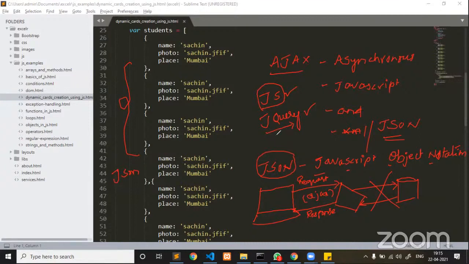Okay, I hope you people are able to understand what Ajax is, why we should implement Ajax, and what the advantages of Ajax are. What if Ajax is not implemented? For all these questions, I think this session is the one which is going to give the answer for all your questions.